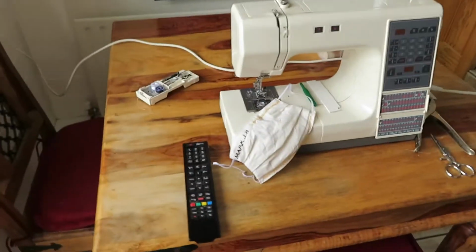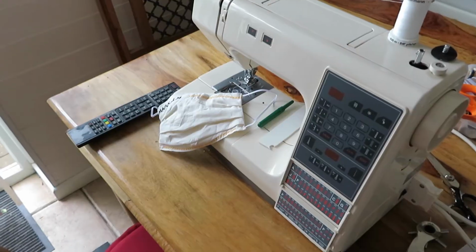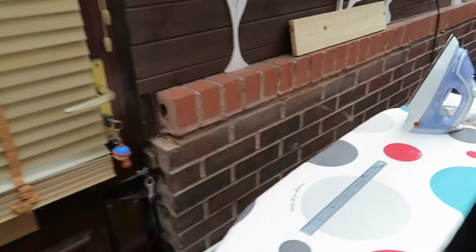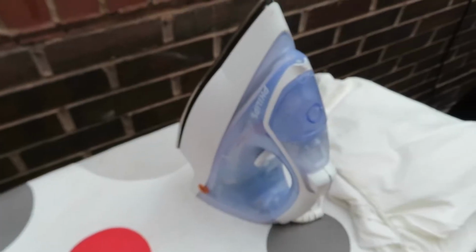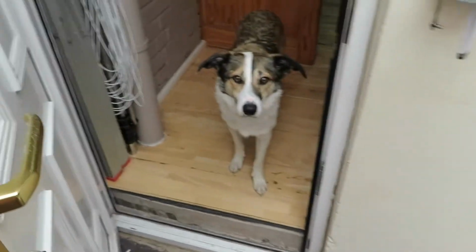You just get wet. So today I'll be making masks because they are compulsory after this Friday, and that means I've had a request from everybody in the family to make them some masks. So I measure the material, it's washed and sterilised, iron it, cut it and sew it in here, and all